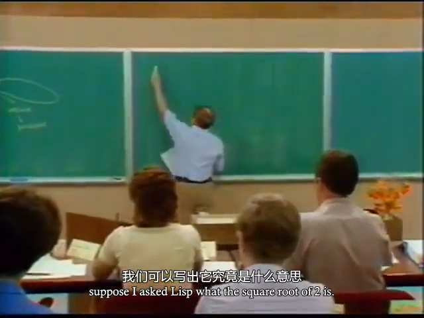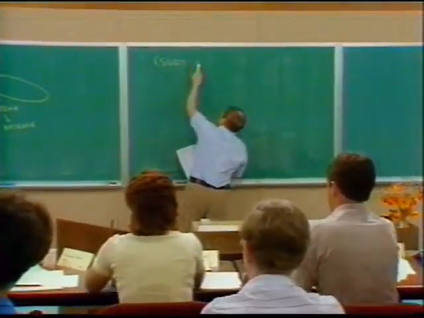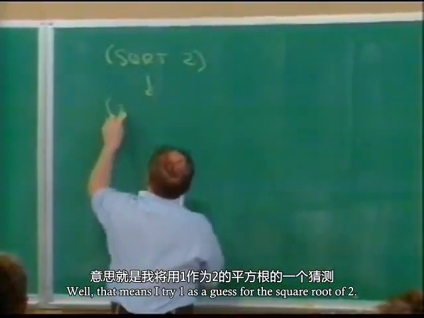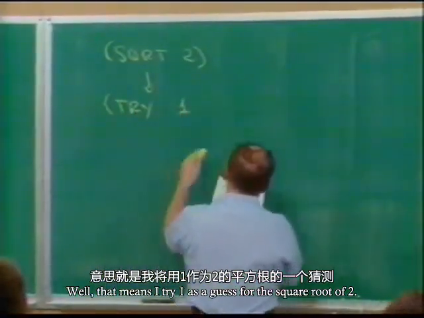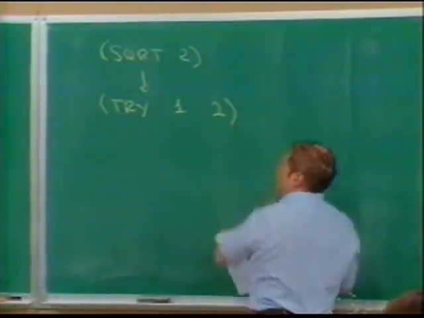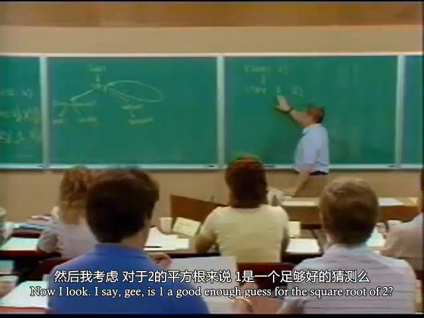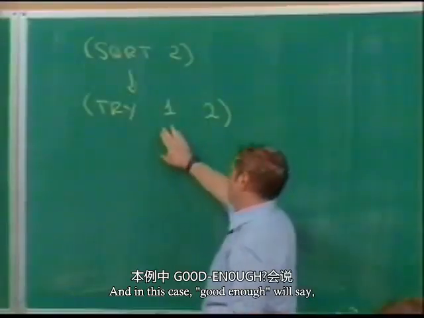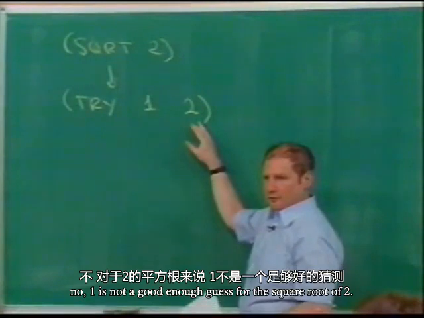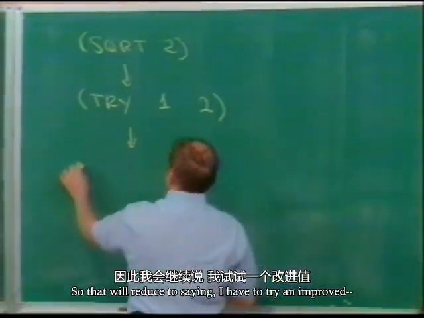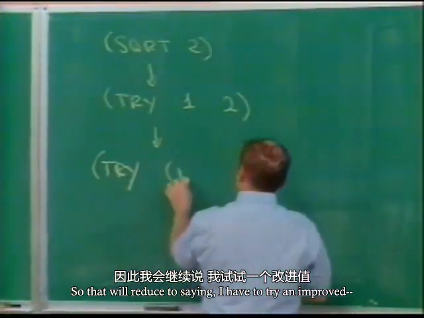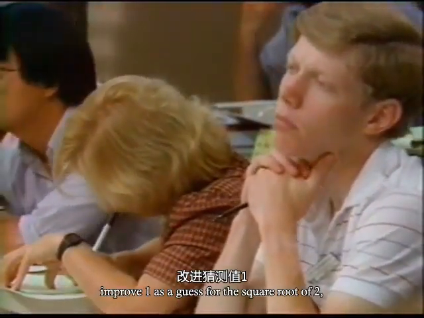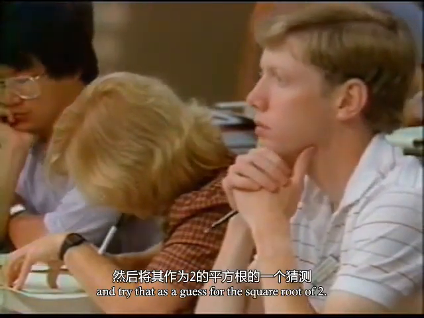Suppose I ask Lisp what the square root of 2 is. Well, what does the square root of 2 mean? That means I try 1 as a guess for the square root of 2. Now I say, gee, is 1 a good enough guess for the square root of 2? That depends on the test that good enough does. And in this case, good enough will say, no, 1 is not a good enough guess for the square root of 2. So that'll reduce to saying I have to try the improved 1 as a guess for the square root of 2,